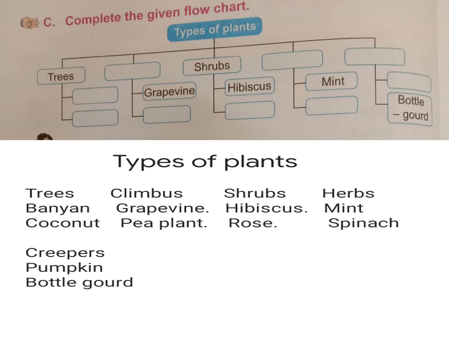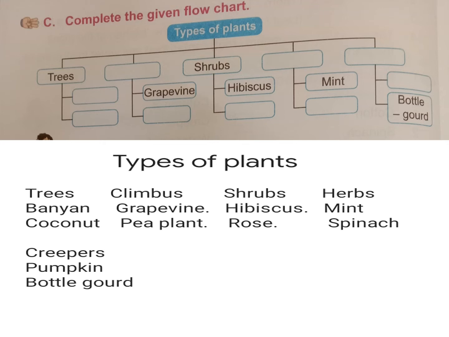Okay. Now look at the screen. I have given for trees banyan and coconut. You see that? Under you have another box, no? You see first one trees. After that banyan, coconut. You want to write in the box. Each of them you want to write in the box. You check your answer, all of you. If you write wrongly, you want to rub and write once again.